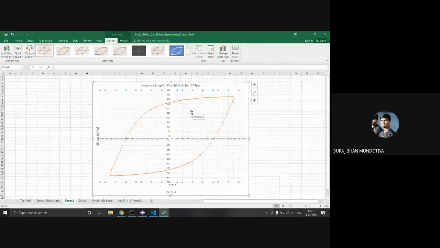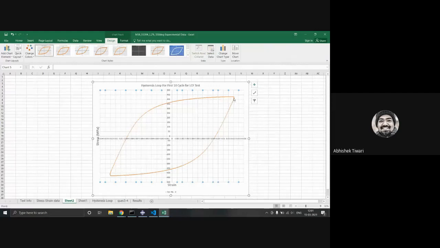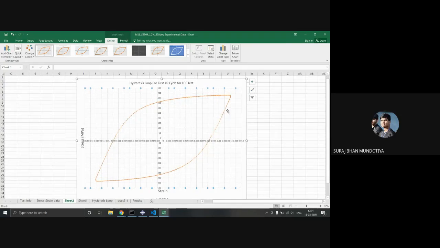This is our hysteresis loop. I have calculated the modulus using this linear part. How can I calculate the yield stress? I can find the modulus from here, but how can I find the yield stress?